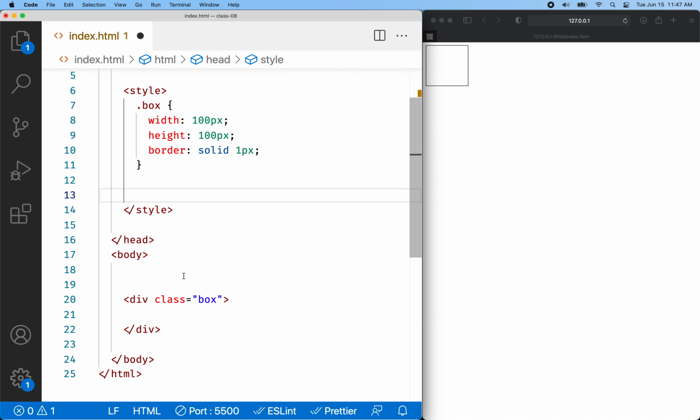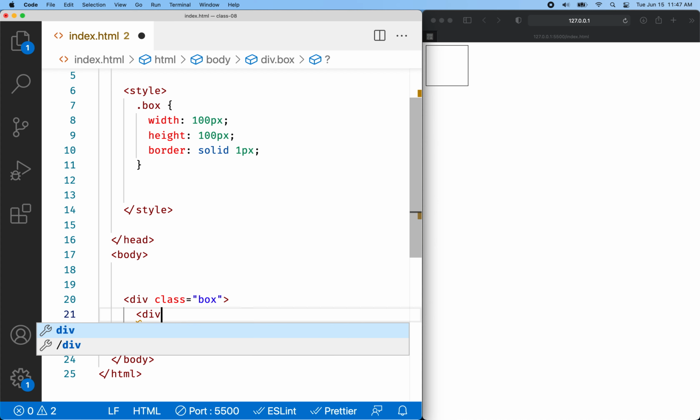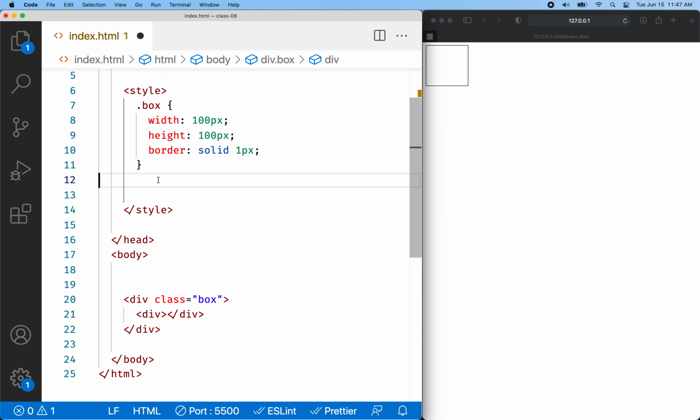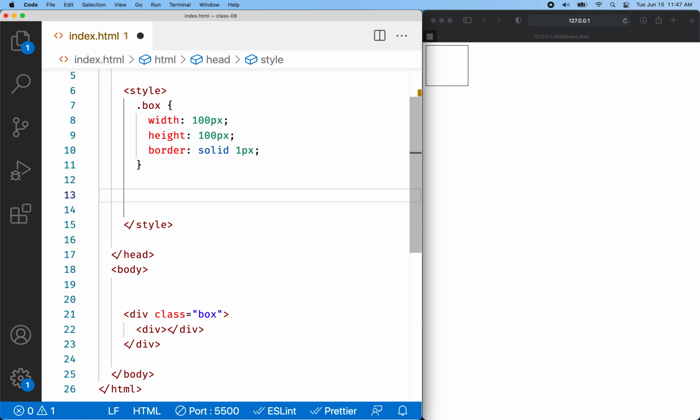Now let's imagine this is going to be our checkbox, and we want to have some animation in here. So I need to draw an X in here. Now you could use an icon or an image file of some kind, but I'm going to use CSS. In order to do that, what I need is another element here, like another div. It has to be a block level element so I can set the width and the height. So if I put another div in here, then I can say box child